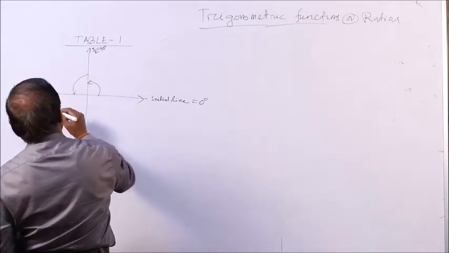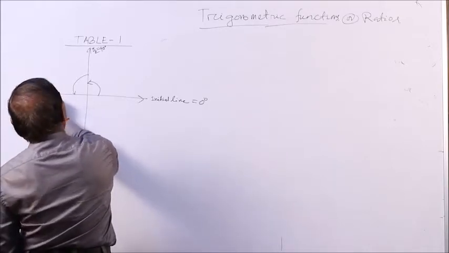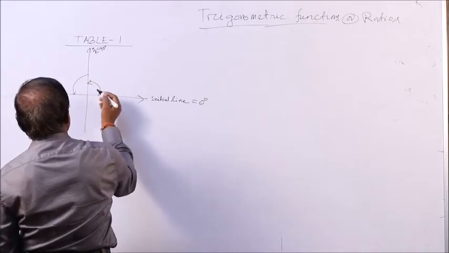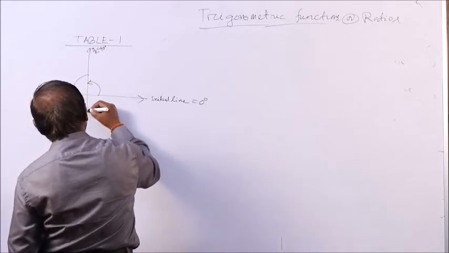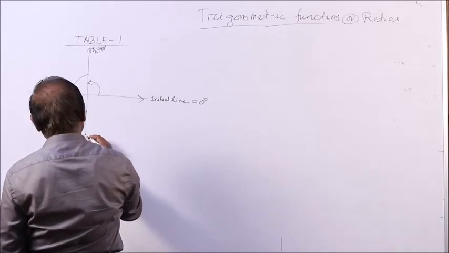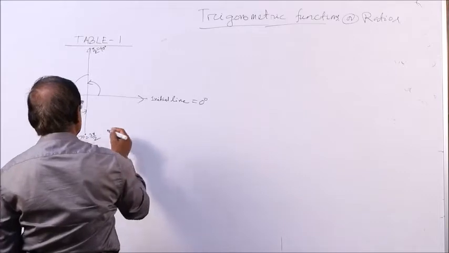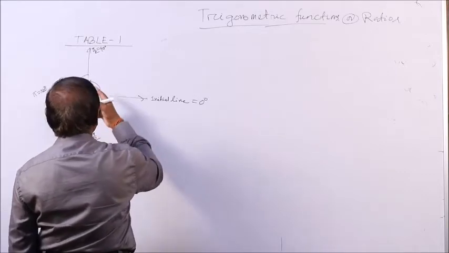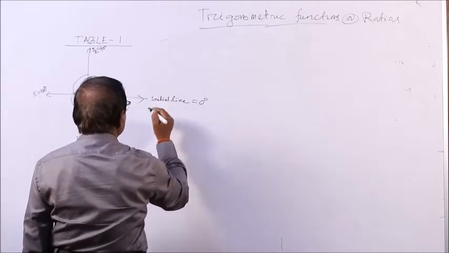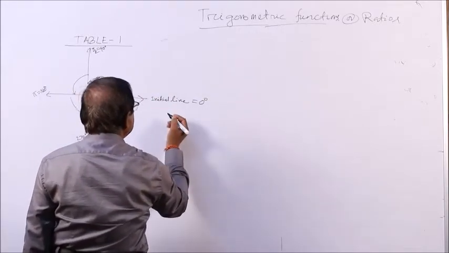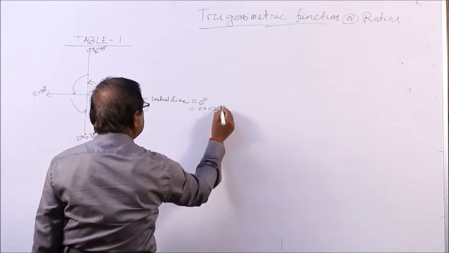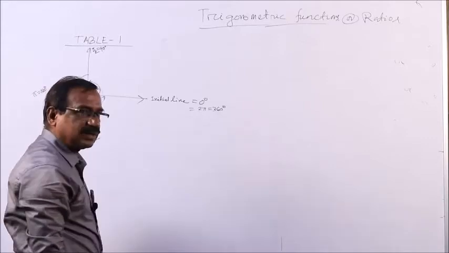So, this becomes pi, that is 180 degree, this measure up to this is 90 plus 90. Now, again come to this place, this becomes 270 degrees, that is 3 pi by 2. Now, when you complete this, that means when the ray coincides with the initial position, again the terminal side coincides with the initial side, this becomes 2 pi, that is 360 degree, right.